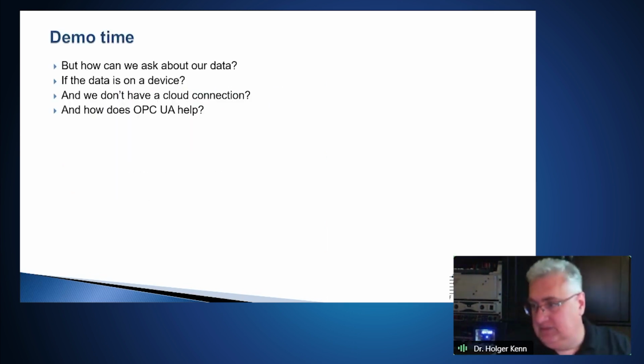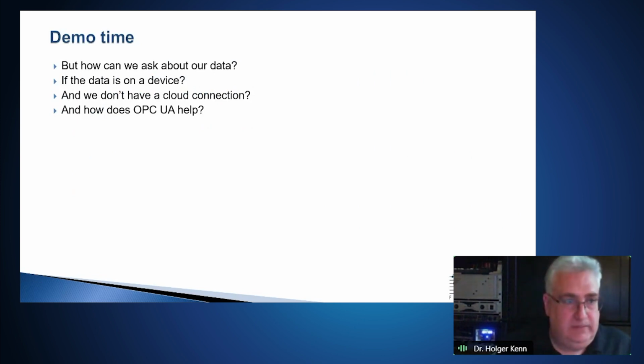Okay, let me just take a few seconds here to give you a little bit of a demo. So how could we ask about data? But now let's say we're not in the world of the cloud. We have a physical device that's somewhere. We don't really have a connection to a backend system, but can we actually use something that sits on rather small edge devices and comparable to the devices that Jim just mentioned in his talk? These could really be powerful AI-enabled edge devices. And how could OPC UA help there?